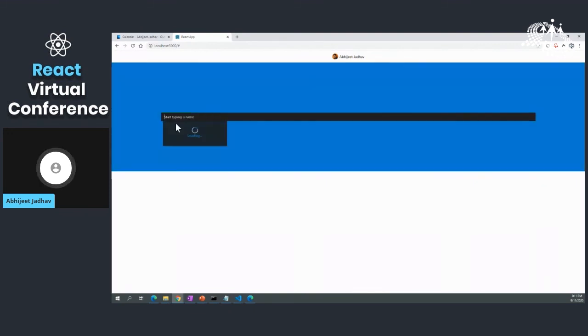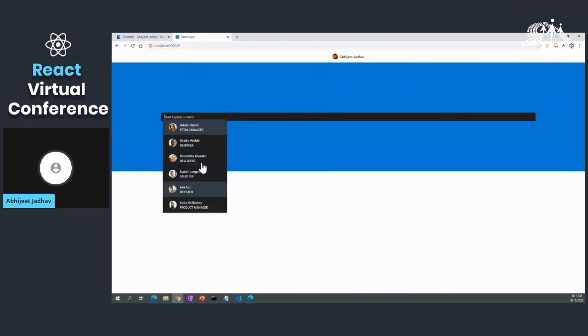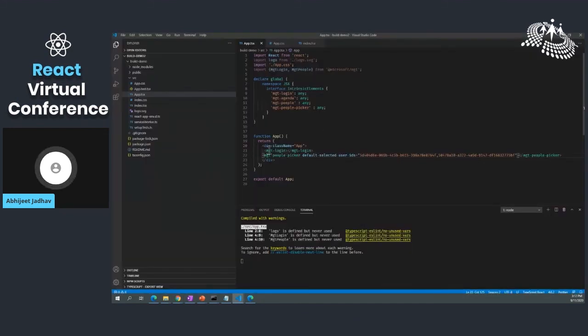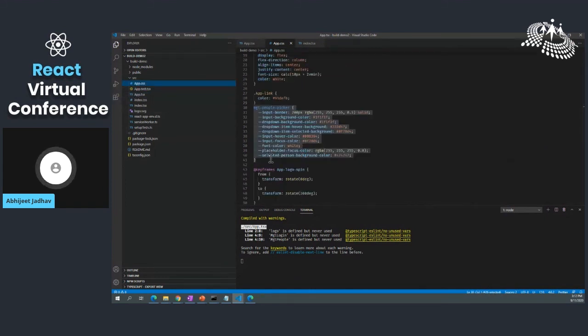And this is pretty sleek. Everything is available. All the users are available, and the custom CSS for this is also available, where Microsoft provides the CSS, and you can customize it. So this is the standard CSS which is provided. I have customized it, and I have changed the input border to 200 so that it comes in the center of the screen. But this is highly extensible.